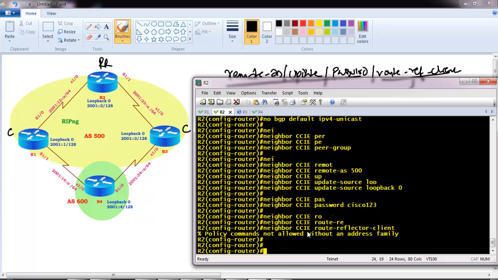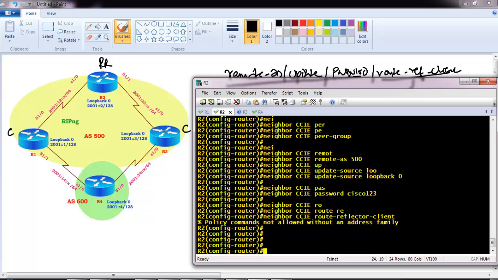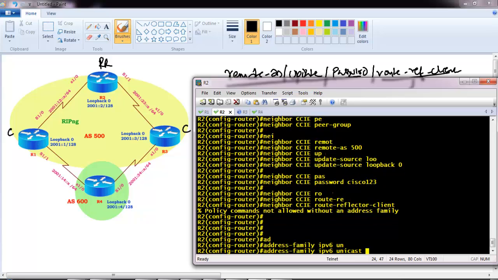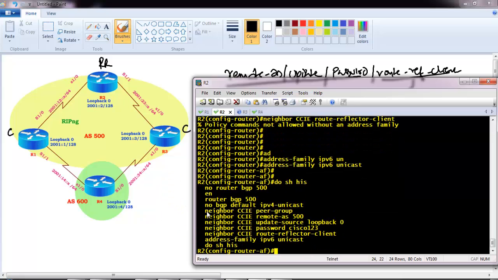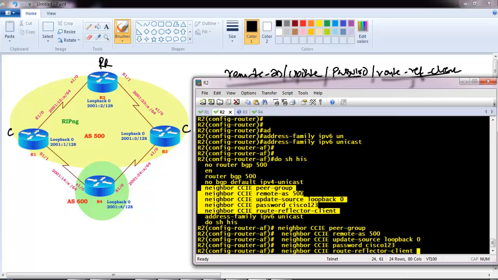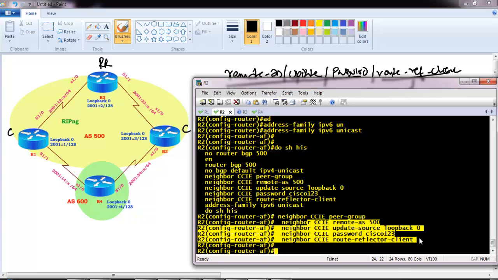Now this route-reflector-client actually comes under the address family, but at the same time you can also create the peer group, though you see this message because I have disabled the default IPv4. But not a problem. I can configure everything under my address family IPv6. I can use the same commands again here. So now there won't be any message. Either you can create the peer groups just like we did in normal router mode, or you can do the same thing under the address family IPv6. When I'm creating under the address family IPv6, this peer group will be created for IPv6 hosts, and the same commands I'm going to apply.